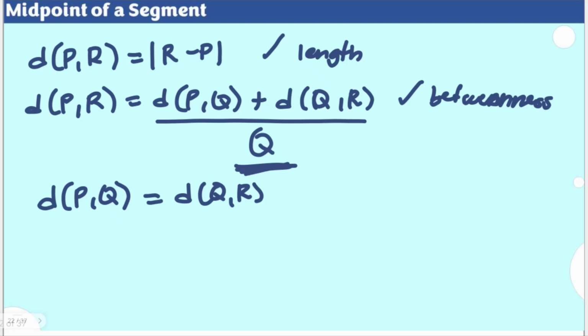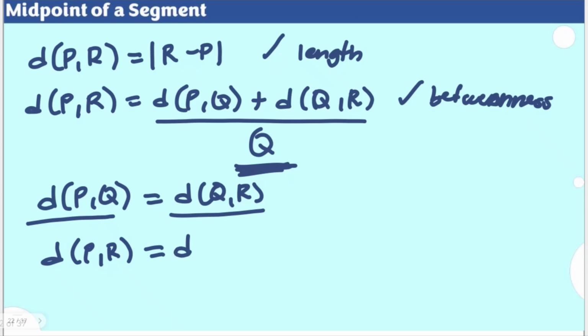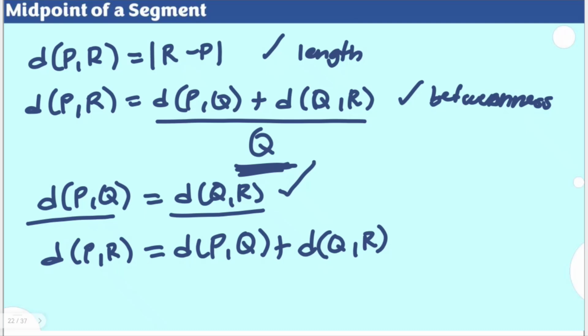This point Q, it's not just between points P and R, but it also bisects the segment, meaning the distances between those other two pairs are just equal. So what can we say about this relationship? Now, take note that the distance of P and R is equal to the sum of the two. So if we have the distance of P and Q, as mentioned above, and the distance between Q and R, once we have established Q between P and R. But since they are equal to one another, that would mean that the distance between P